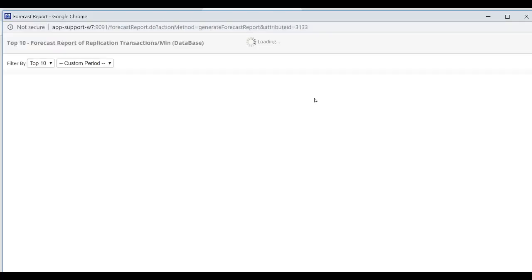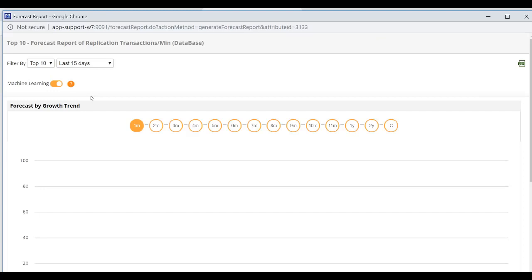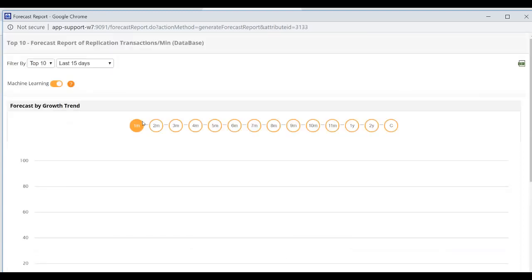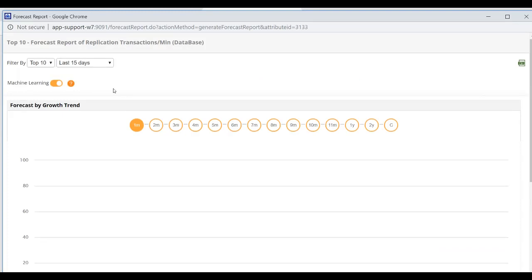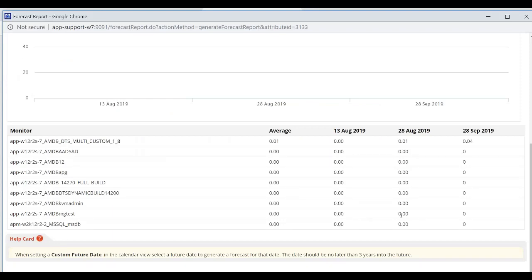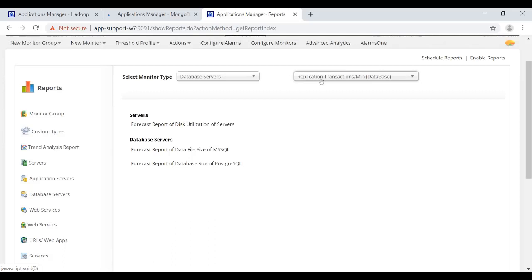So there it is. In the last 15 days, there hasn't been much activity on this particular instance of Cassandra, so you see that the data is very minimal. However, if you scroll down below, you will see the breakdown where the values are very minimal, negligible enough to be plotted on the graph. But I'm sure all of you understand how the forecast report works and what the purpose of these forecasting reports is. Going back to the presentation,